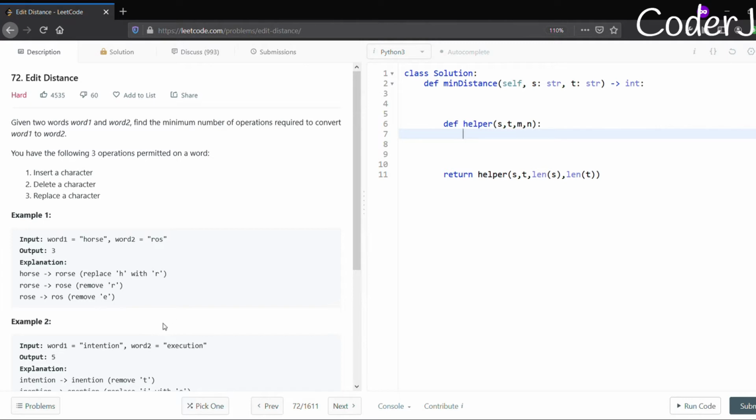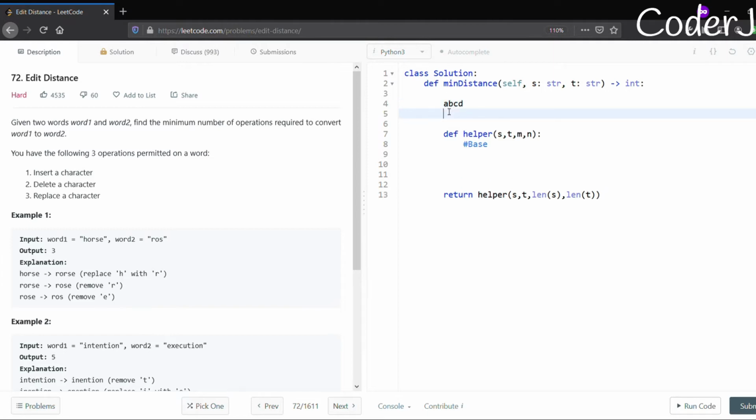Let's start. The first thing that we need to come up with are the base conditions. So what will be the base condition? See, if one of the strings is empty and another string has characters, then what do you think will be the minimum number of operations required? Let's say one string is ABCD, and the other string is empty. How many operations do you think it will take to make both of these strings equal? I think that will be equal to the length of the string that has some characters. Why? Because I need to append all of those characters to my empty string. So that's clear, right?